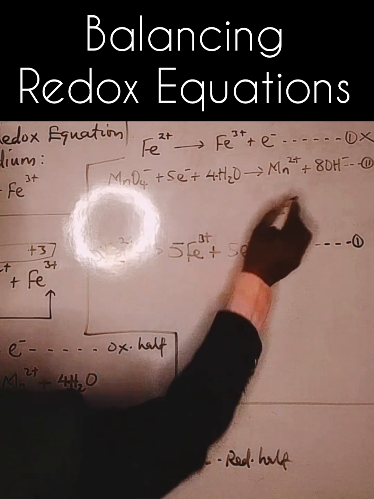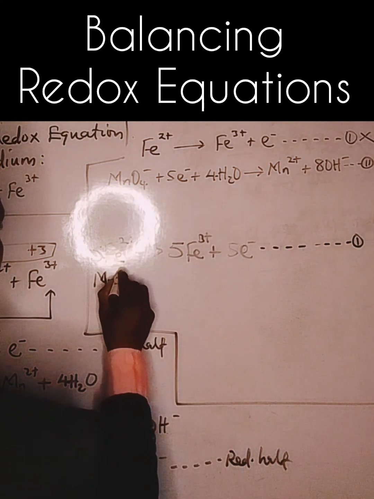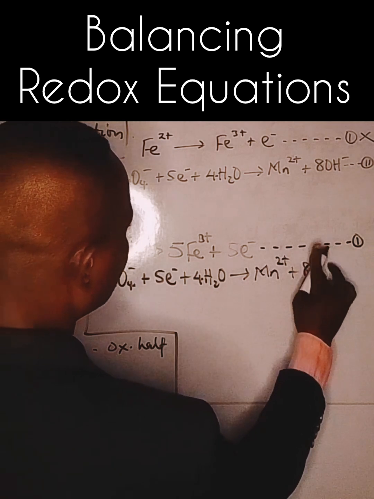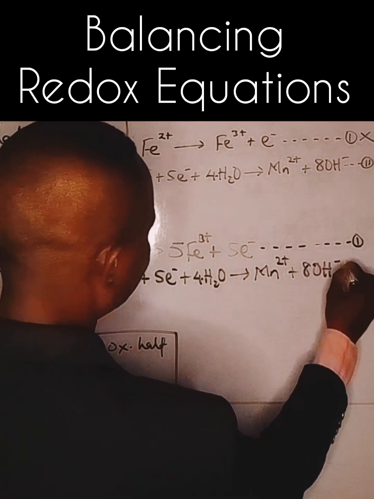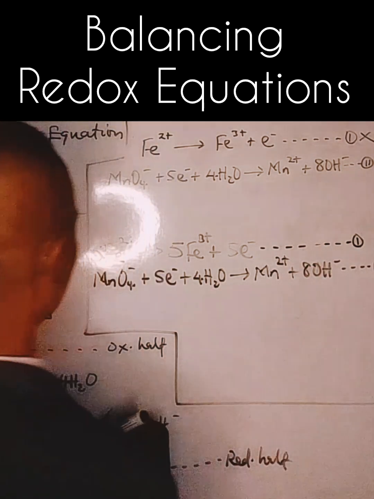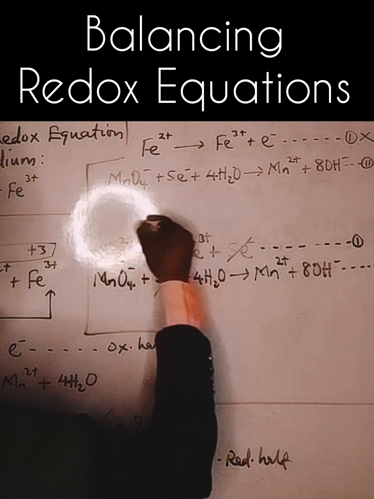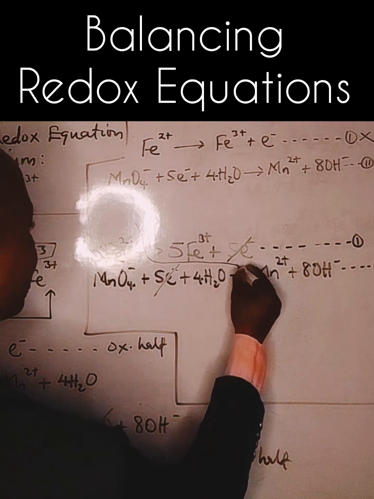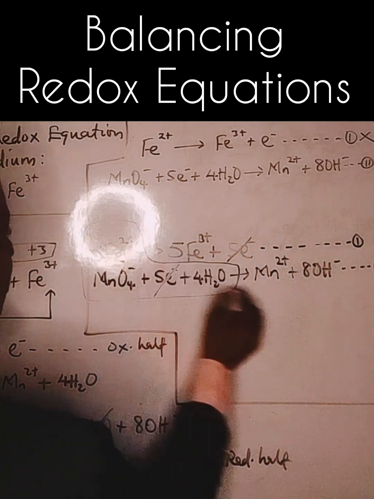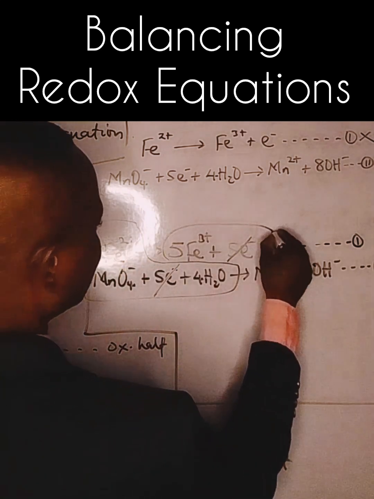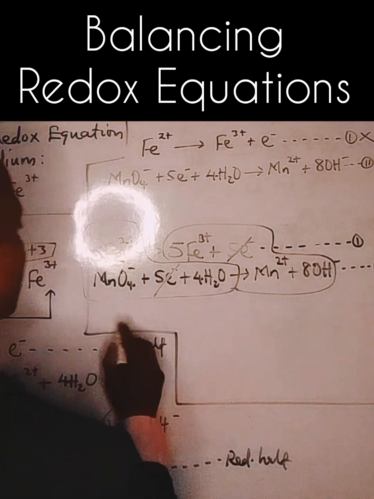And we have this times 1, manganese 2 ion, plus 8 hydroxide ion, equation 2. You can now cancel the 5 electrons and add everything at the reactant side together, and add everything at the product side together, and we have